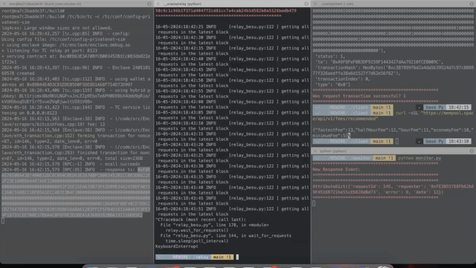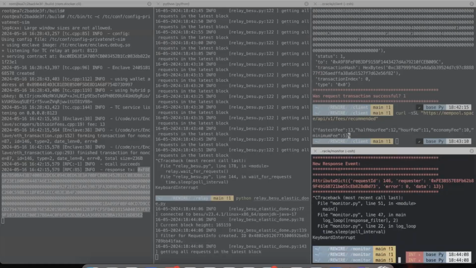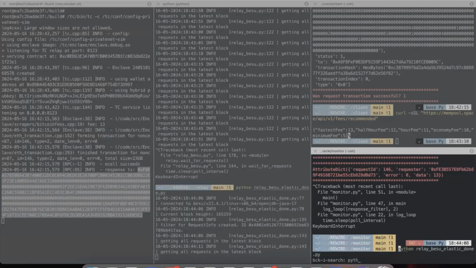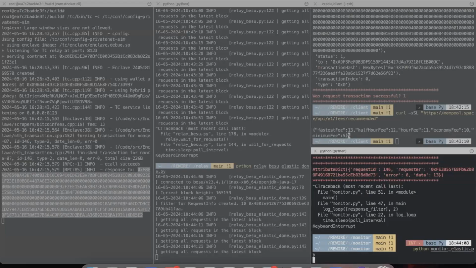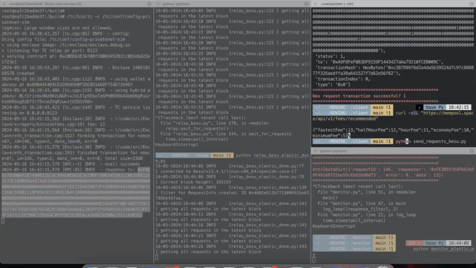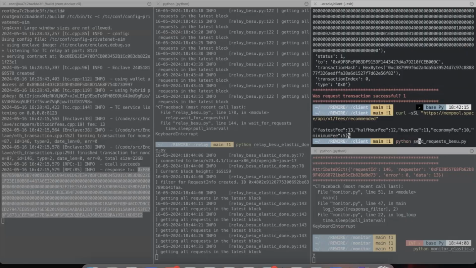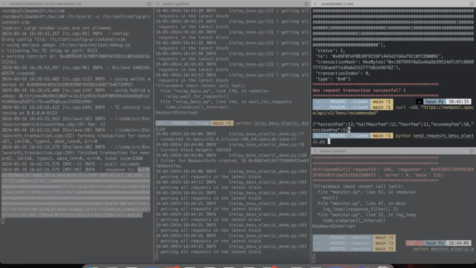We will start a new relay component and monitor group components. And we will send a new transaction request.